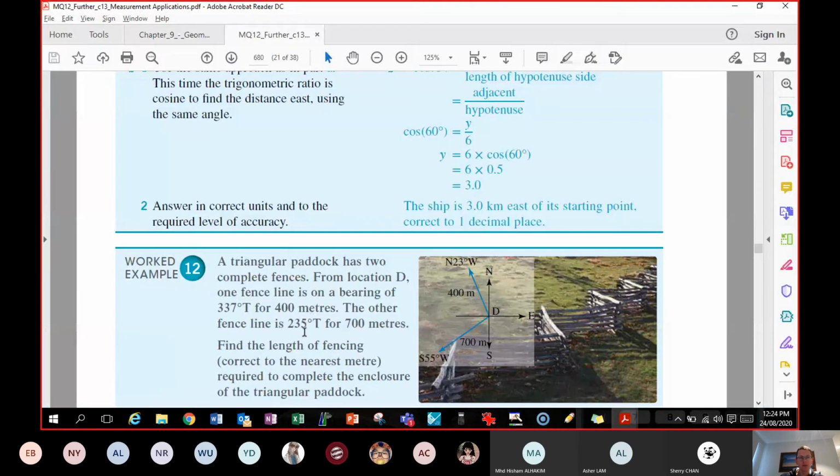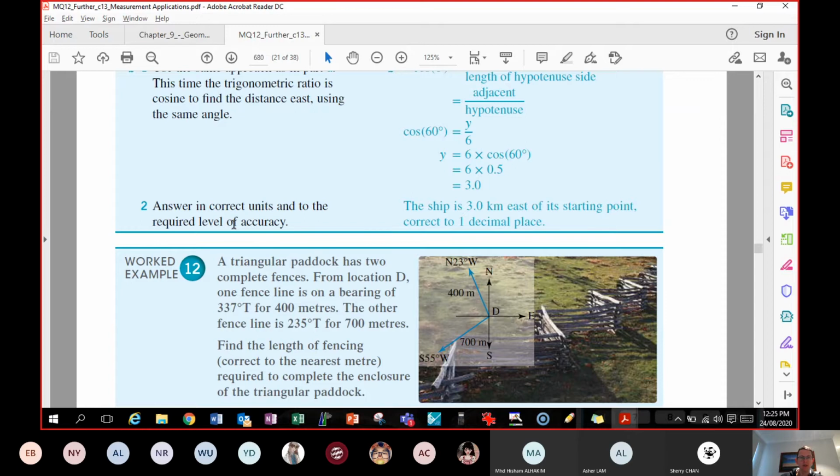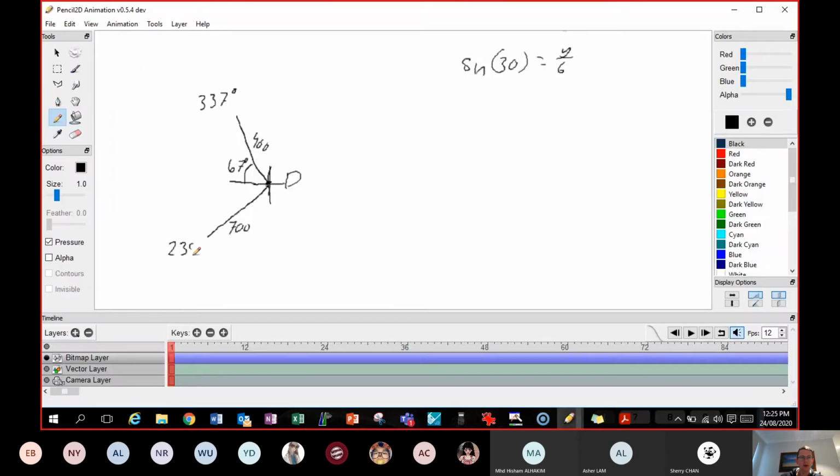Then they've got another one, which is 235 for 7 meters. 235 would be down here. That's 235 from 270 would be only 35 degrees off, right? So that goes for 700 meters, I think they said. Yep, 700. Now, that is 235. So if you think about it, the angle on here would be from 270 to 235, which is 35. So this total internal angle now, I can figure that out, is going to be